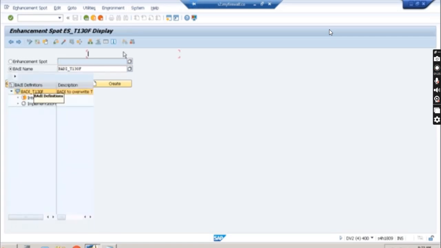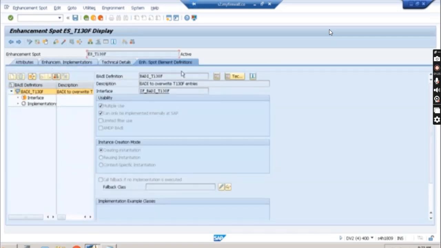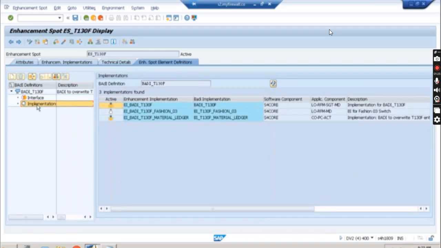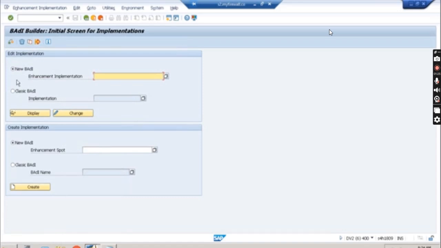Okay. And now you can see here also you have the interface. This is the interface, right? Under the new body, this is the interface. And if you want to implement this one, you can do the implementation as well by going to the SE18 transaction, right? By going to the SE18 transaction, SE19 transaction, in the same way as we have done. So go to this